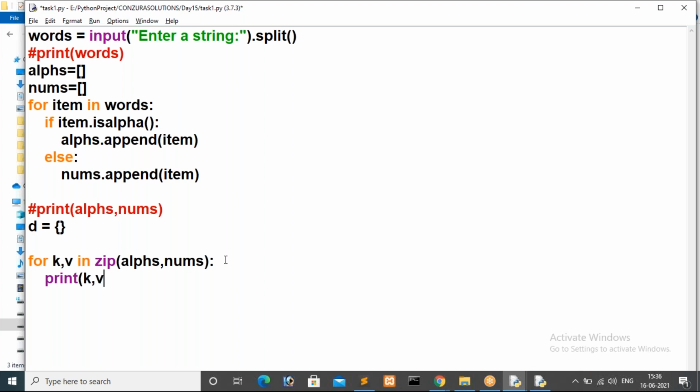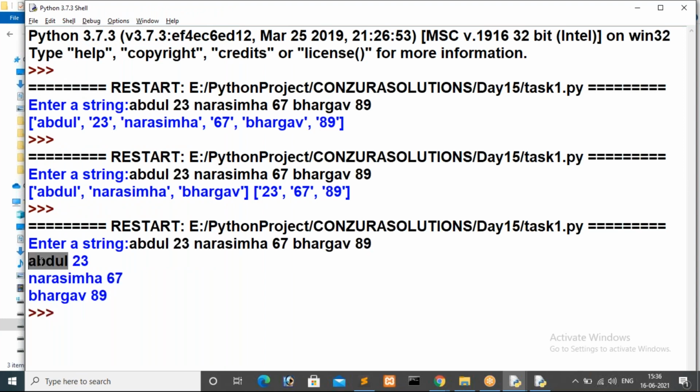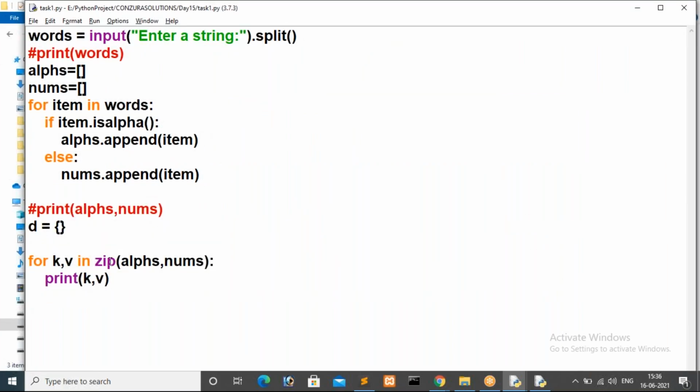I want to check what we are getting every time. I'm saving this file, guys. I'm running the module. It is asking something of me, so I'm giving input. You see here, we are printing Abdul 23, Narsimha 67, Bhargav 89. So the zip method will take two different lists, guys.